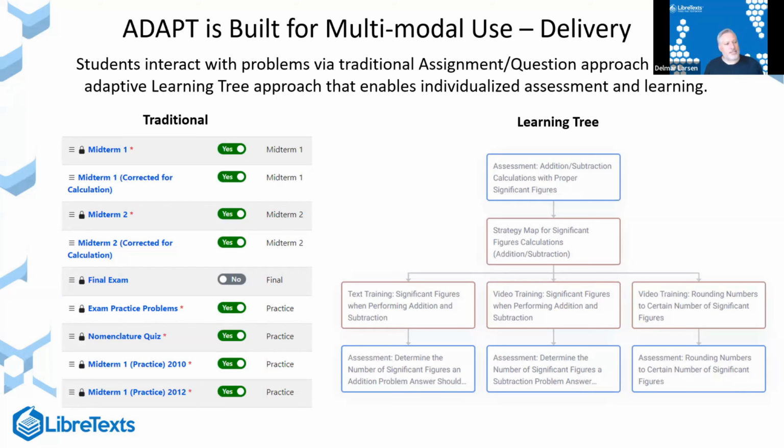On the other end is a white box based approach. So this is based off of decision trees. We call them learning trees. Instead of giving a single question, we give a tree that consists of multiple nodes. Those nodes can be expositions where you're trying to get some information across to the students, or it may be assessment nodes in order to evaluate them, such that when the student comes in and if they fail the root question, they have the opportunity to go into the tree in order to get a deconstructivist approach in terms of what skills they need in order to master that question up there.